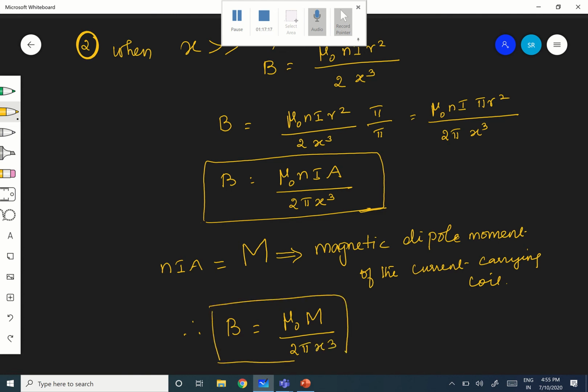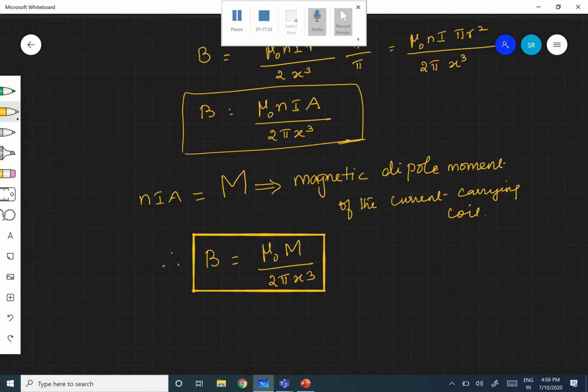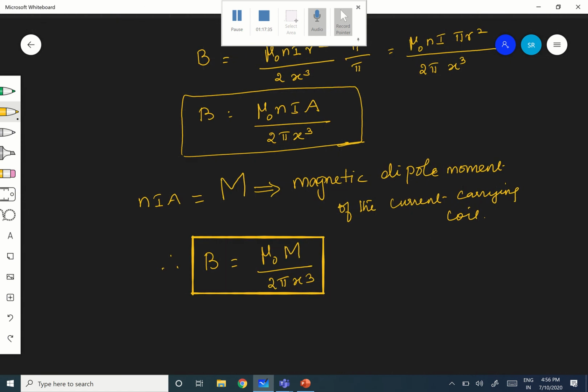This is the field at a point on the axis, in terms of the magnetic moment of the coil. Okay. Therefore, you know, it is the magnetic dipole moment. I think you have studied electric dipole moment. In an electric dipole there are two equal charges, minus q and plus q. What is the distance? It is 2L. Therefore, the dipole moment p is equal to q into 2L, and the direction is from negative to positive. This gives you the electric dipole moment.